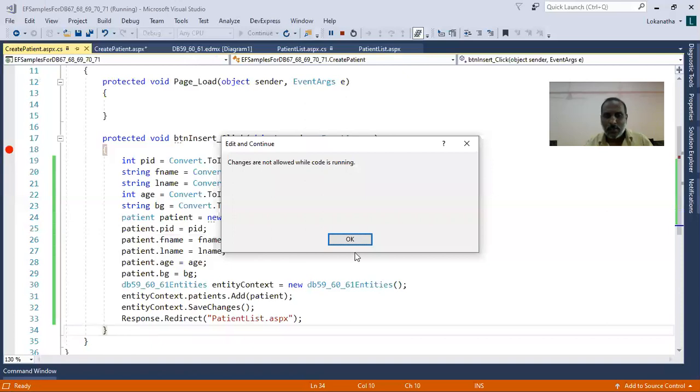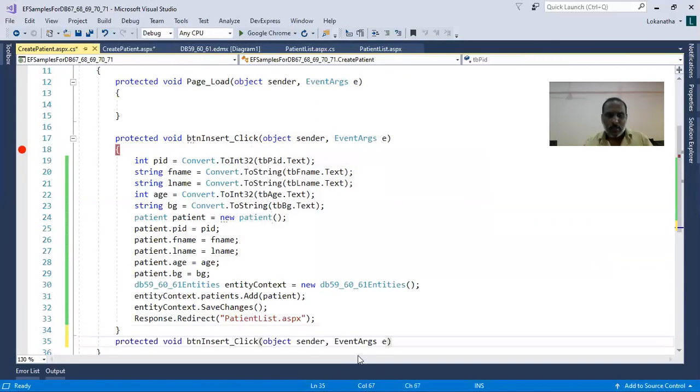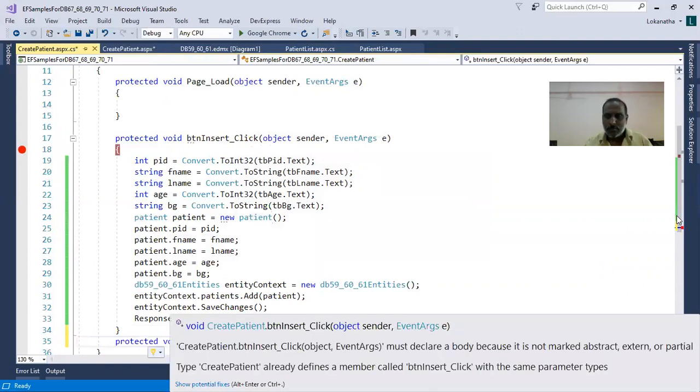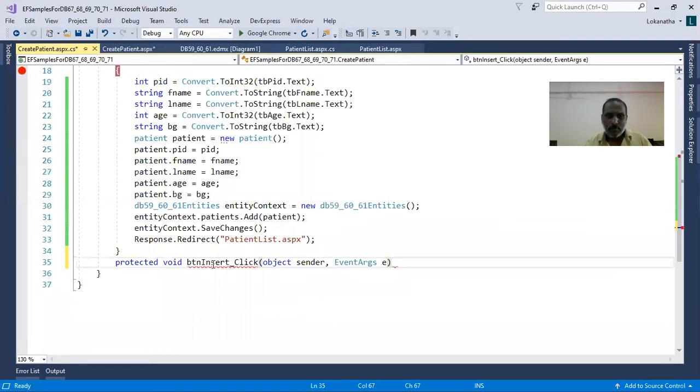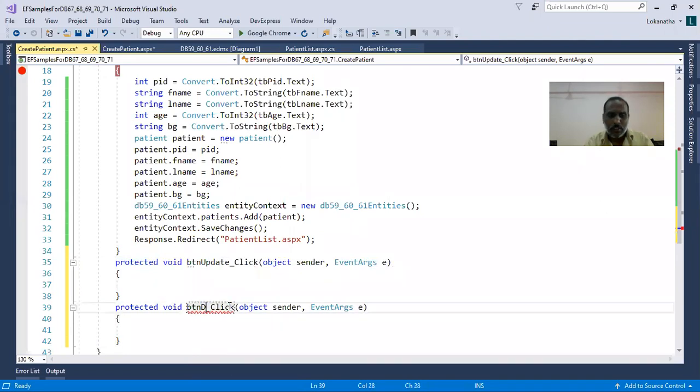Actually, when you double click on the button, you will get the corresponding methods. It's not recommended to create the methods manually like this.